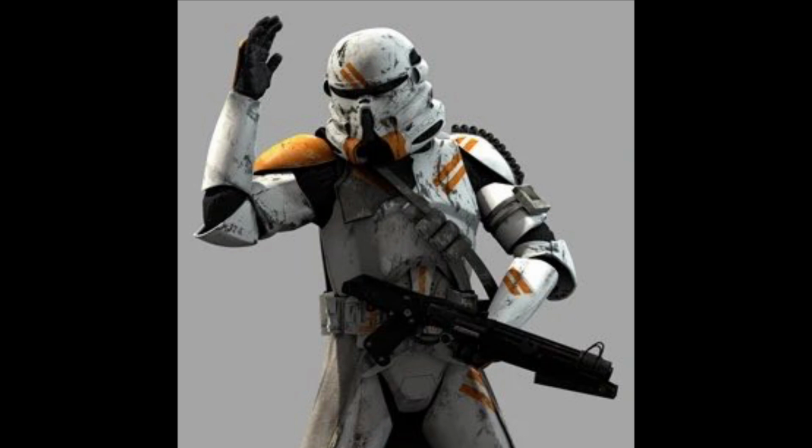We have, I believe it's the Purge Trooper from Jedi Fallen Order, and that is the literal exact same mold as the 212th Airborne Trooper. Honestly, all they'd have to do is repaint it and give it a blaster instead of an electro staff, and you're all set. I think this would be super cool to get in the Black Series,